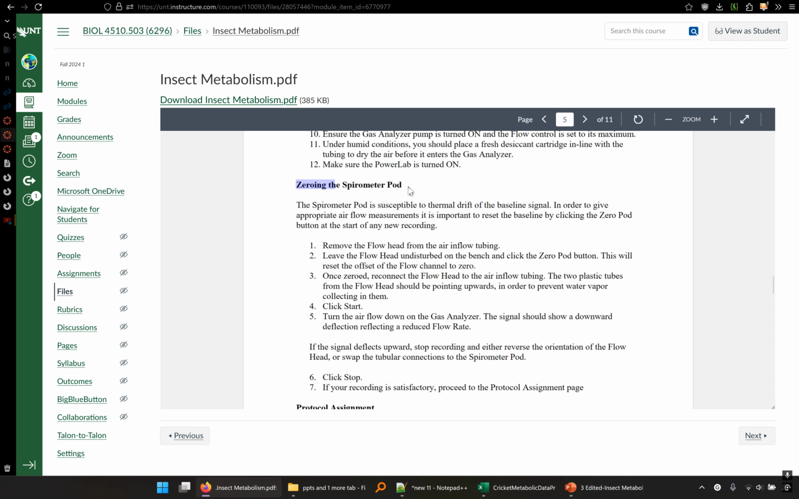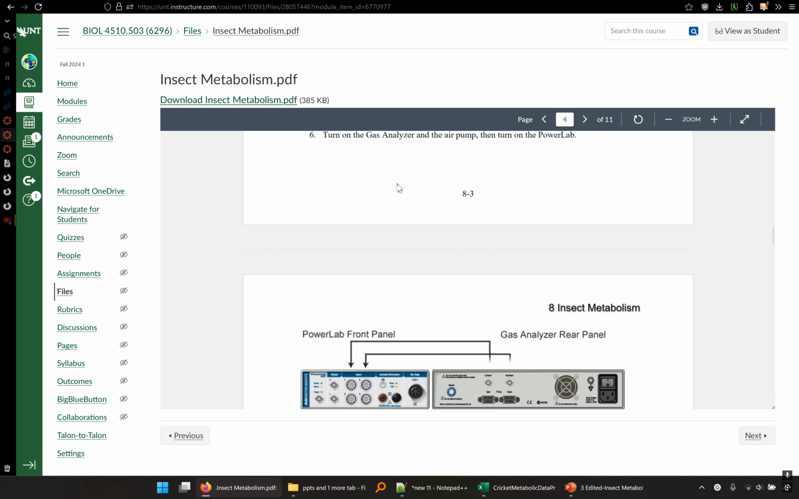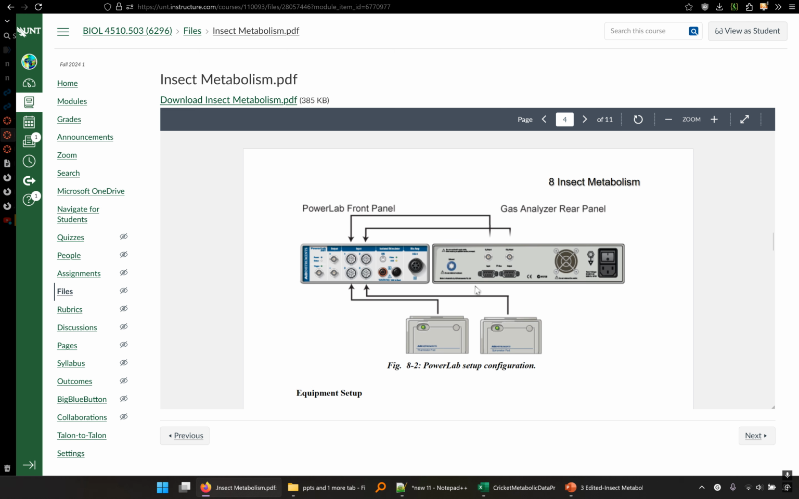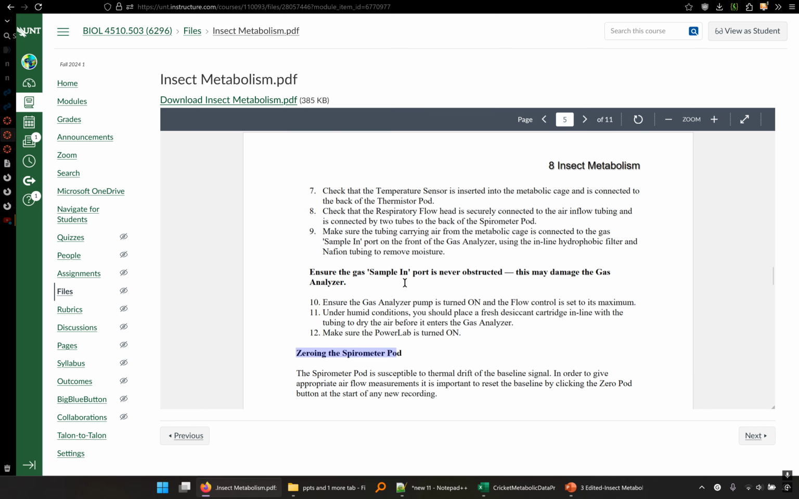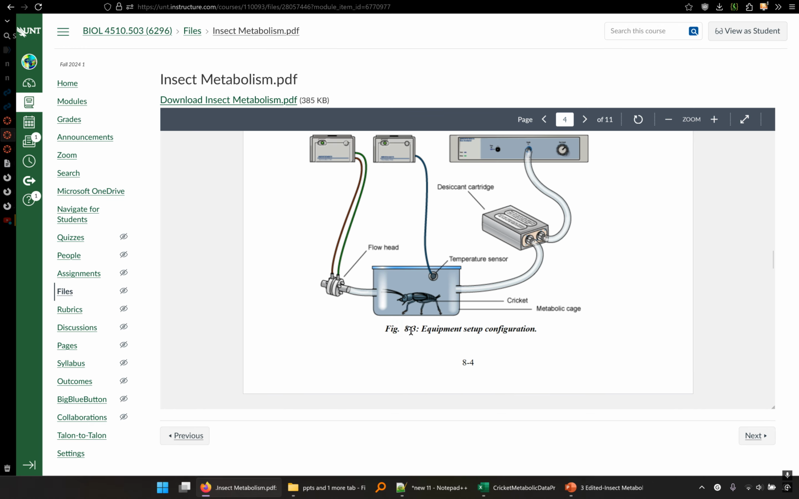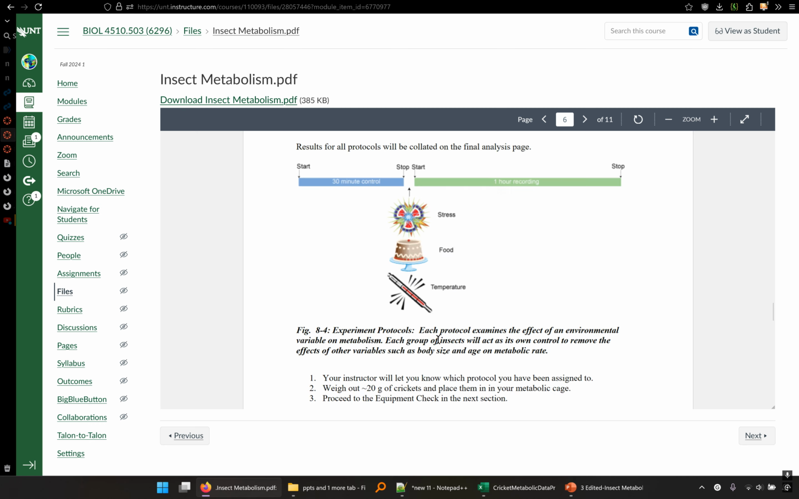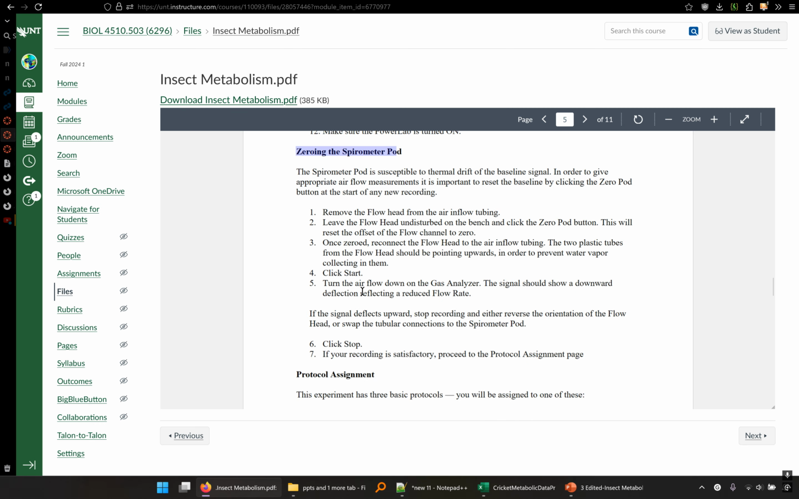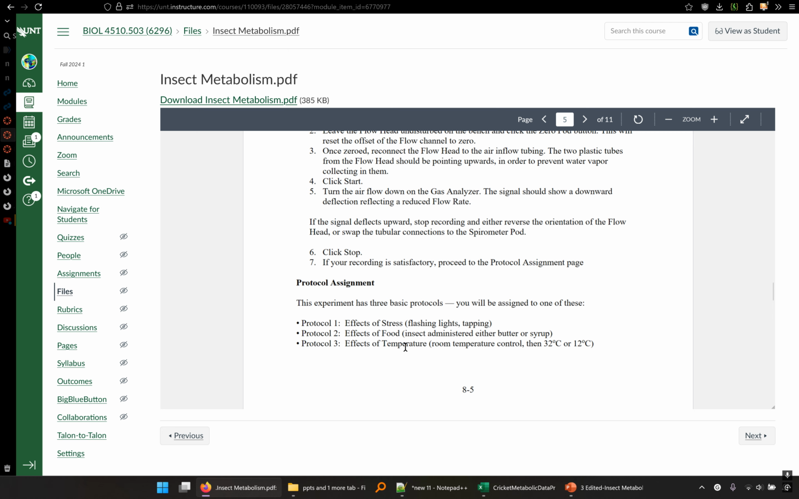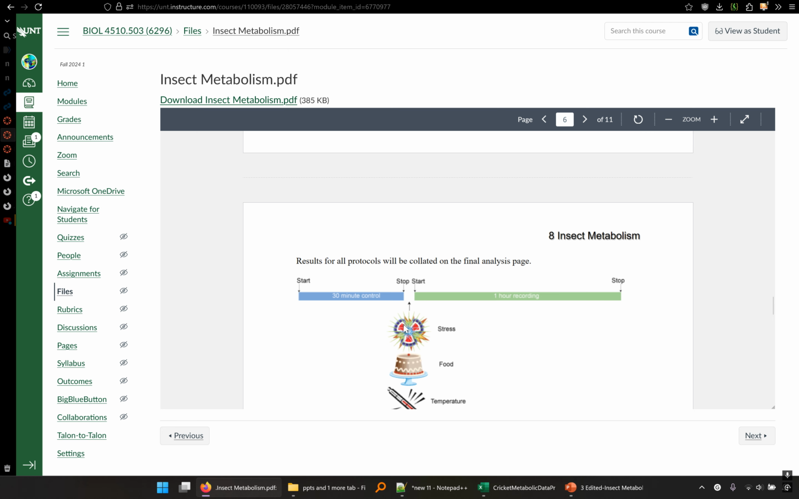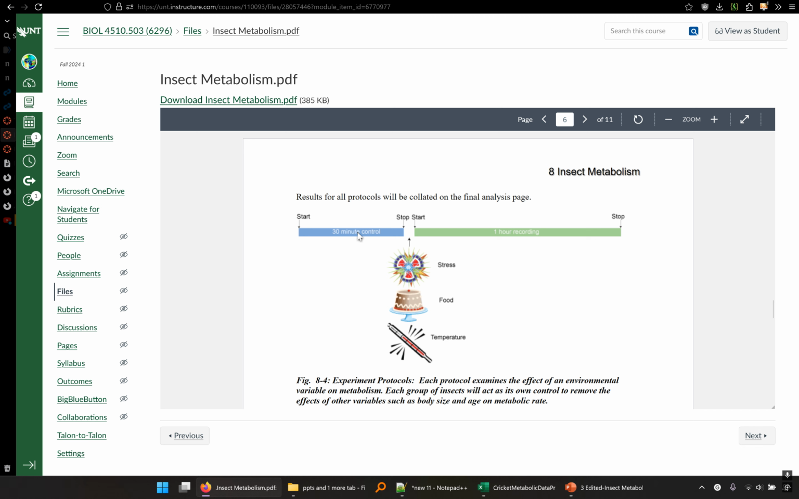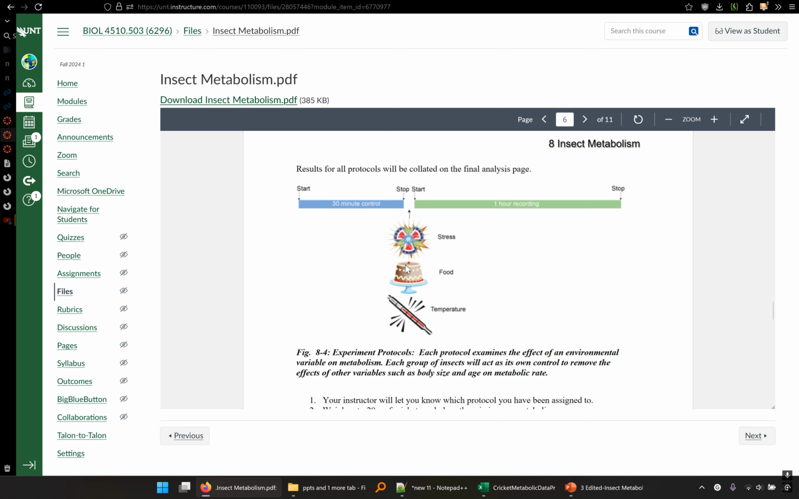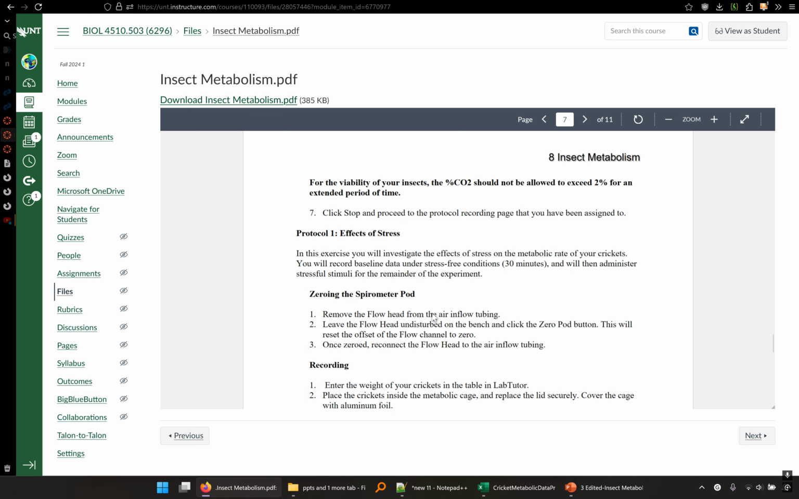So the spirometer pod was zeroed. The equipment was set up by connecting the gas analyzer to the Power Lab equipment, and then the cricket was placed inside an environmental metabolic chamber to actually perform the experiments. So whenever you're writing these, you would be describing them and then talking about the individual 3 protocols. And you can see that in there they talk about how you have this 30-minute control and an hour of recording. These are all important information that you would need to include in your methods,